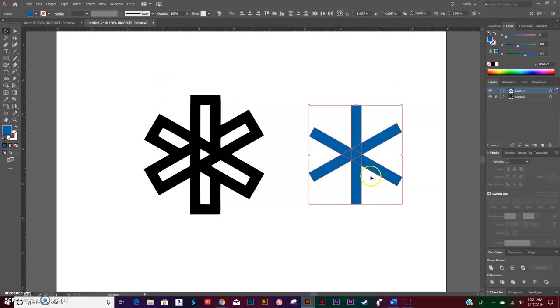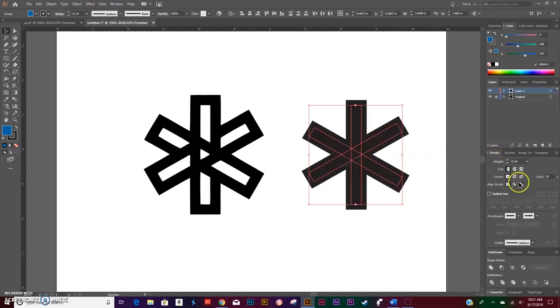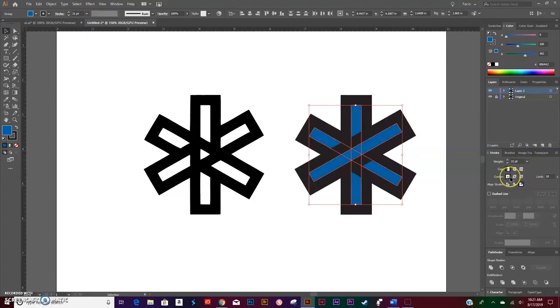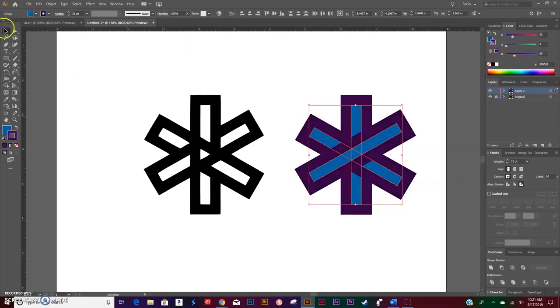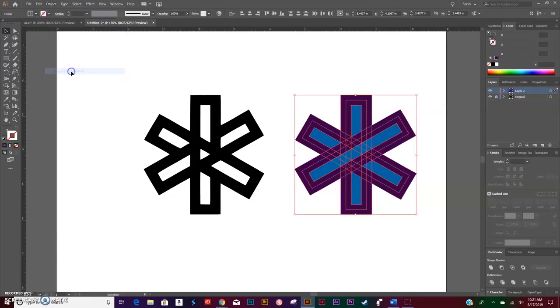Now I have the inside of my shape or my logo. I'm going to give each of these a stroke of 21, and I'm going to set the stroke to the outside. I'm going to change the stroke color. Now I'm going to select all, go to Object, Expand Appearance,